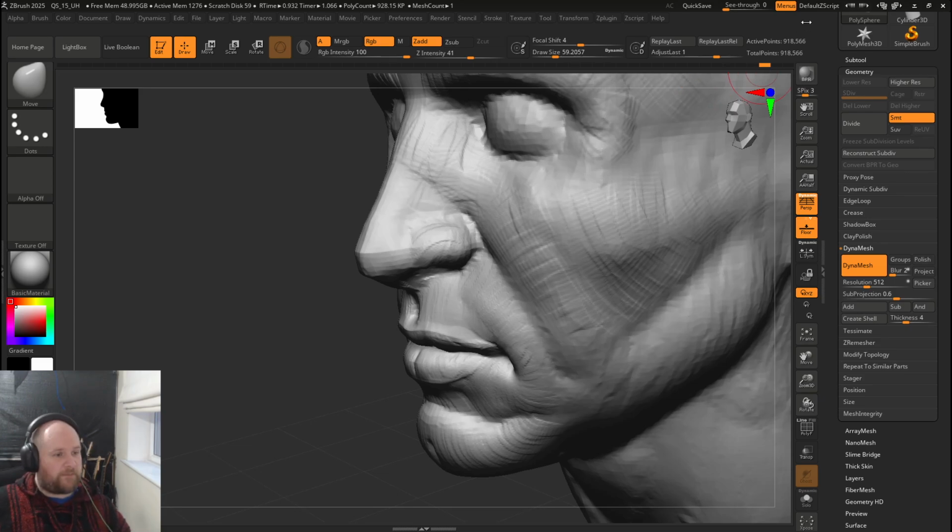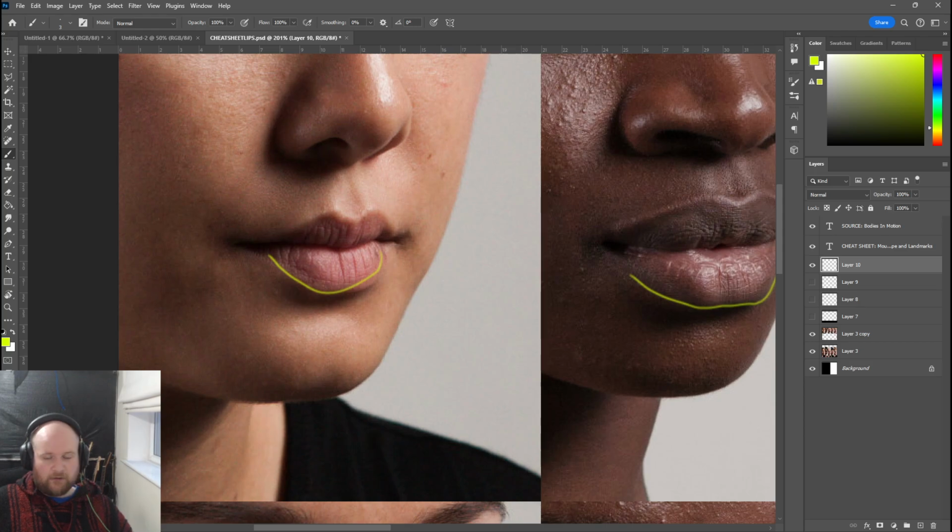And a lot of it is just shape. So if we jump back to the Photoshop, a lot of it is just this shape we keep talking about. The upper lip, think about that as a single plane. The lower lip, think about that as a single plane. Where do they point? And then think about where in the corners they meet. So is the lower lip overlapping the upper lip? Is the upper lip overlapping the lower lip? How curvy is it? How angled is it? So if it's a very shallow angle, if it's a very steep angle,